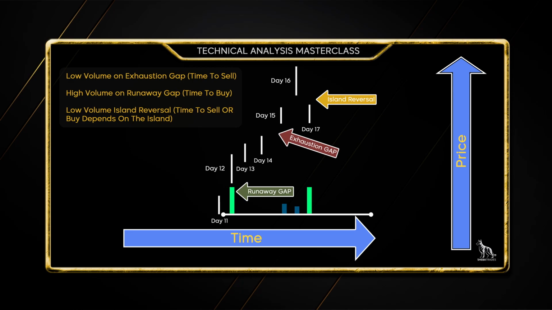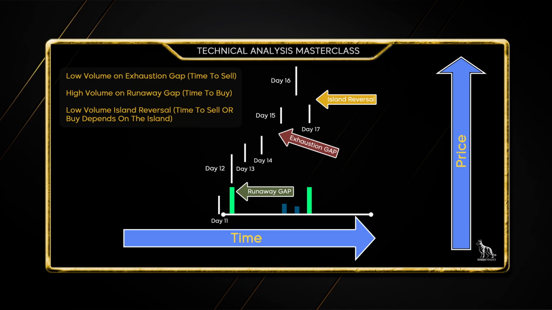And then what will happen is you'll start seeing overlapping bars, and price might start going sideways. It might even start going down. Basically, it's showing you that the trend has been broken at that point, and it's not trending upward anymore, as in this example. The classic island reversal is going to happen the next day after the previous gap up. Some traders will say that you might have 1 or 2 trading periods in between, but really the classic definition of an island reversal is a gap followed by another gap in the opposite direction.